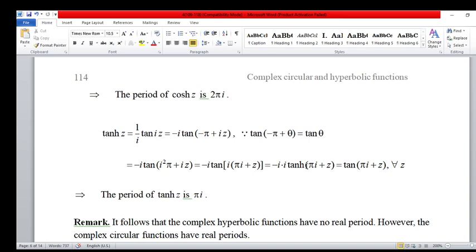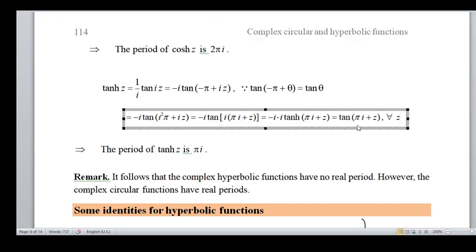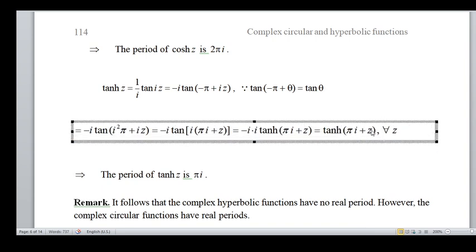tan hyperbolic of a complex number, i into i is i square which is minus 1, minus and plus, so this is the tan. Here tan hyperbolic of z plus pi i, and this is equal to